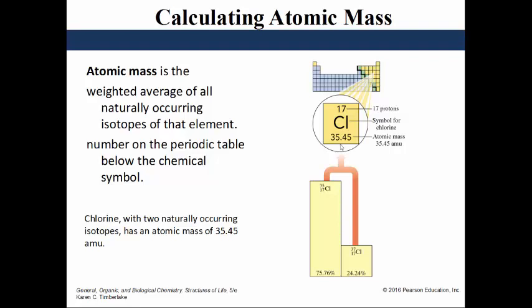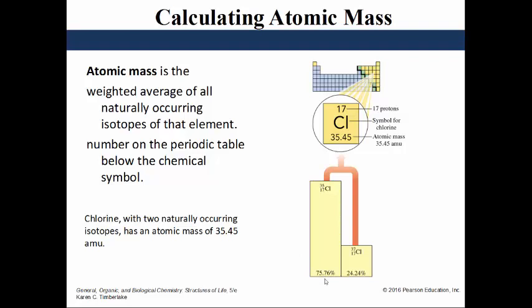So for chlorine, it is found naturally to exist in two forms, either with a mass of 35 here, or a mass of 37. It is still chlorine, that's why the atomic number doesn't change. They're both 17, so it's still chlorine, but the masses are different. So that's why they're isotopes. So there's a way to calculate the average mass, which is what this number represents. So for the example here for chlorine,